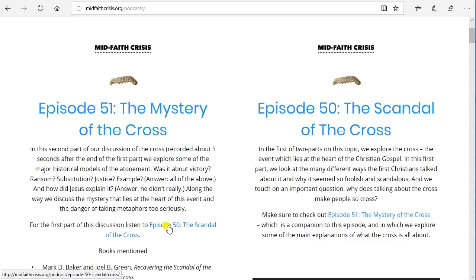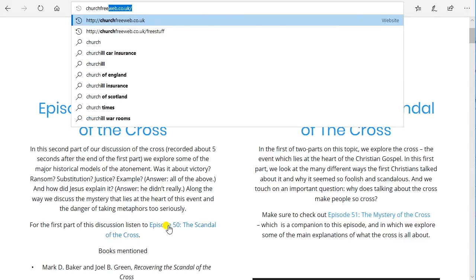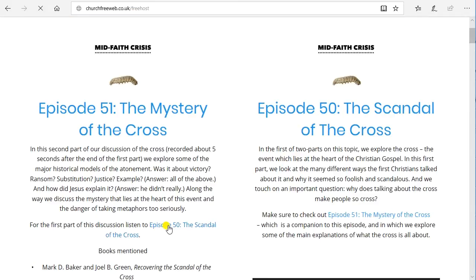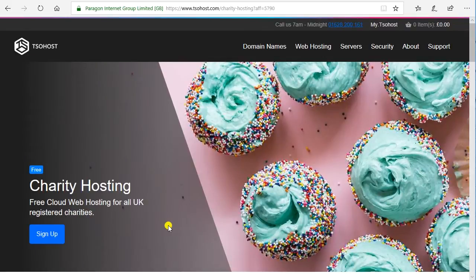The link for that is churchfreeweb.co.uk/105. So we're going to go to a link mentioned in that episode, churchfreeweb.co.uk/freehost, a little helper link that takes you straight to the web page that you want. And that takes us to, here we are, the free charity hosting homepage for TSO Host, which is